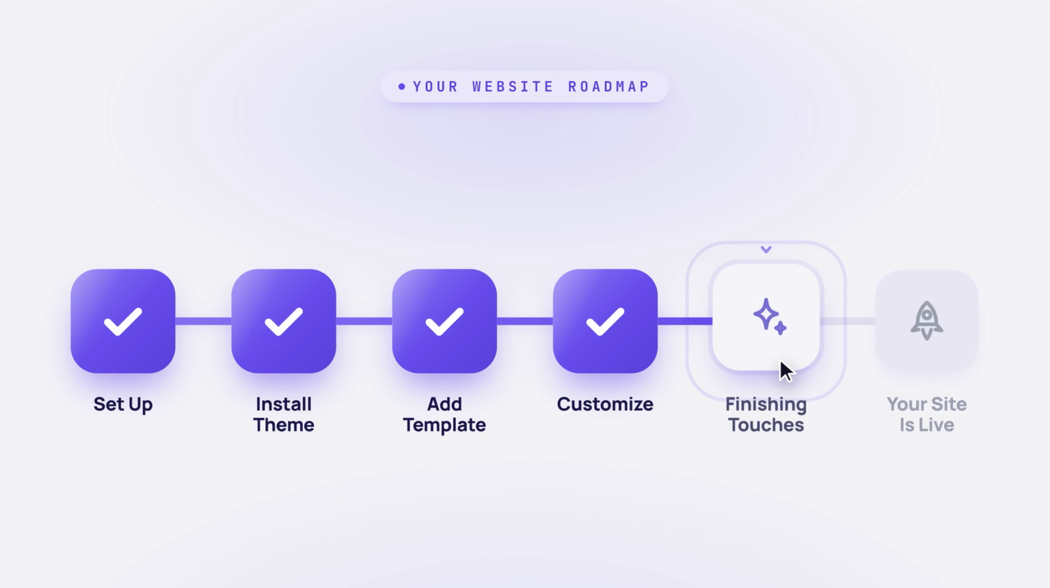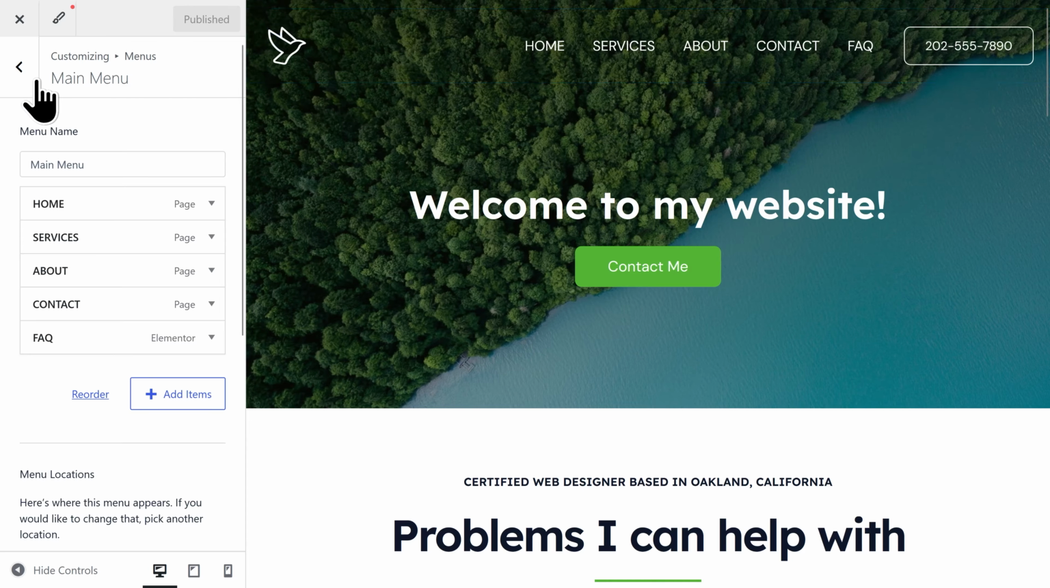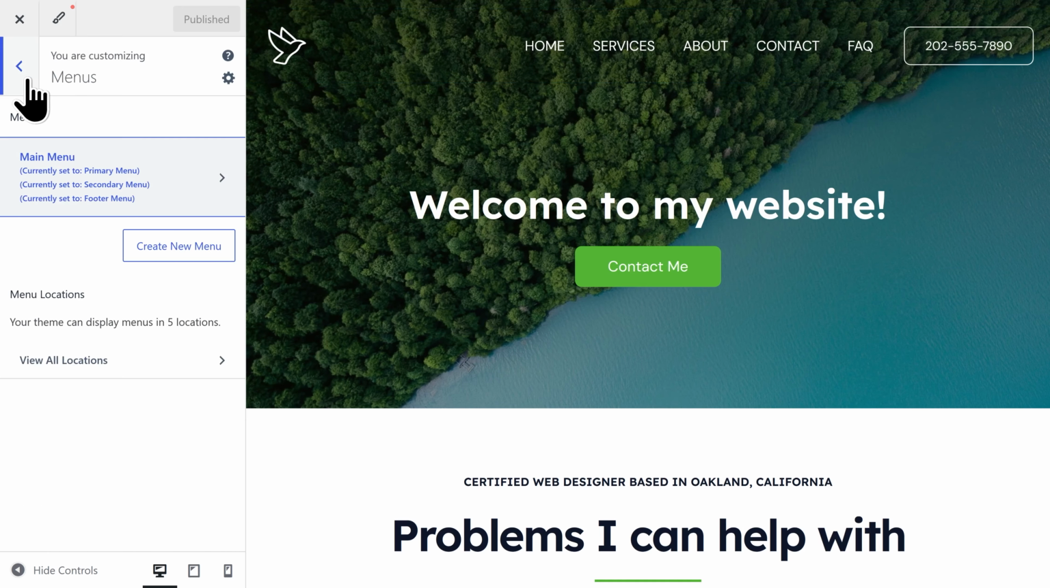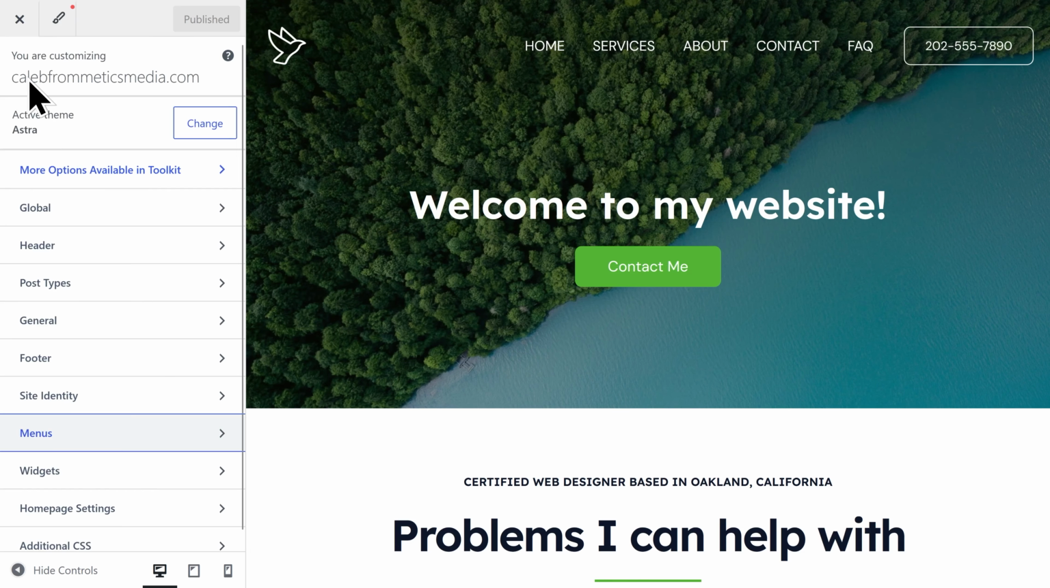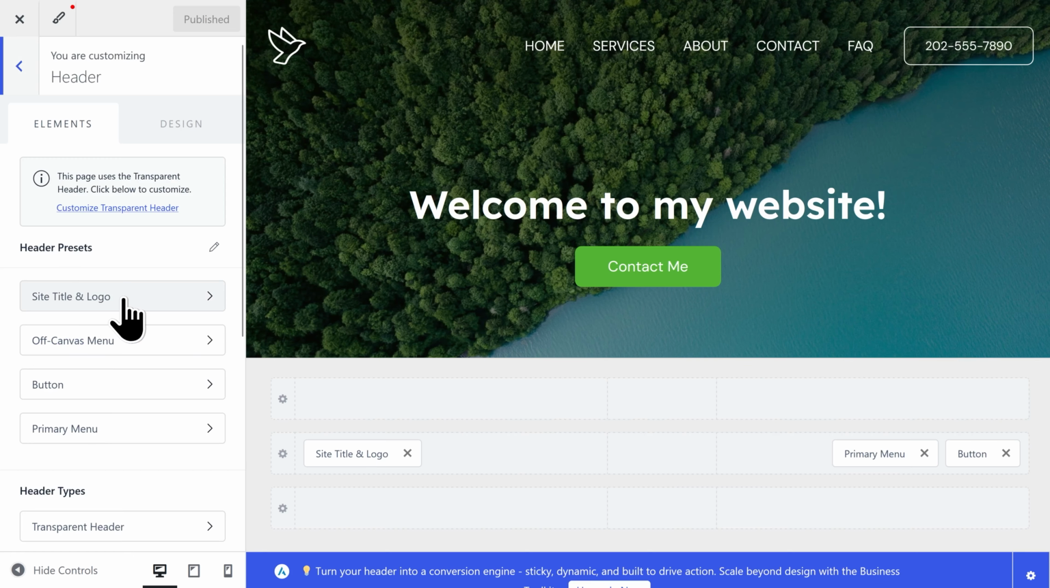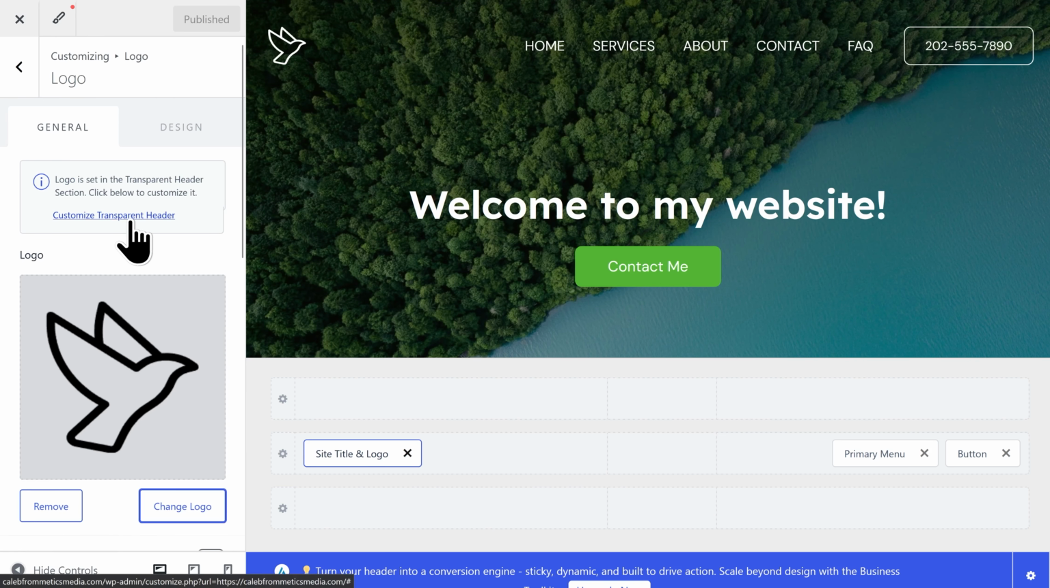Now let's add the finishing touches that make it truly feel like yours, starting with your header, footer, and logo. Let's start by clicking on the back button, and again. Then click into header, find site title and logo, click Customize Transparent Header,